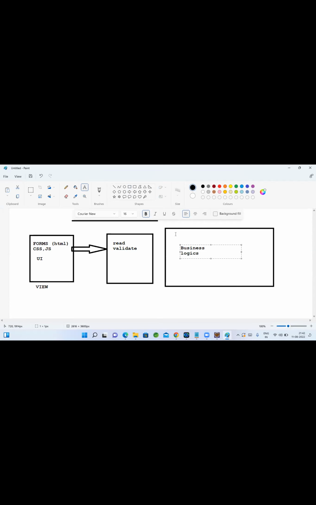And after business logic, if you want to insert into the database, we need to write DB logic. Also we separate it. As much as you separate, your code looks really clean, readable and reusable. If you write it separately, you can call that class somewhere else when you want to reuse that code. But if you club it together, you may not reuse it.